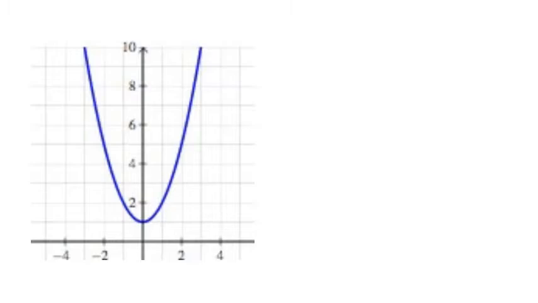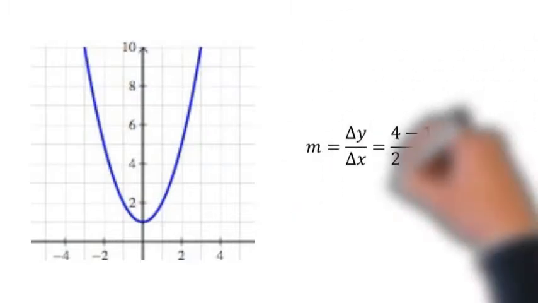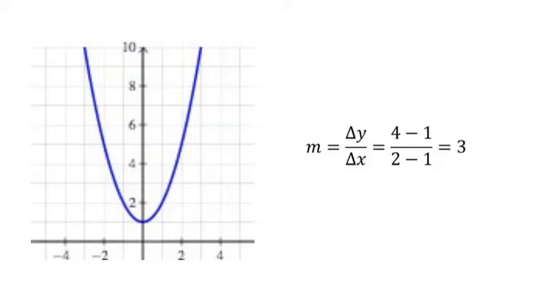First, let's take the graph y equals x squared, for example. If we wanted to approximate a gradient between 2 points, we would just take 2 points and use the gradient formula as shown. But what if we needed to find the instantaneous gradient, or in other words, the exact gradient of a single point? And this is the birth of the first principle formula, which is denoted to us by